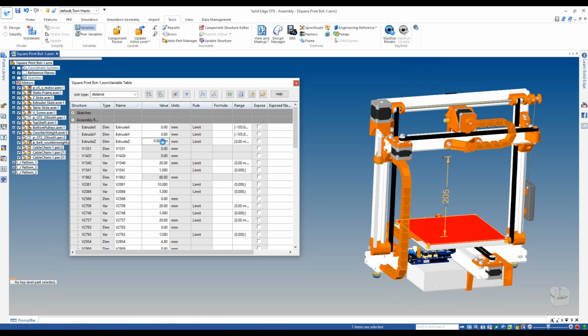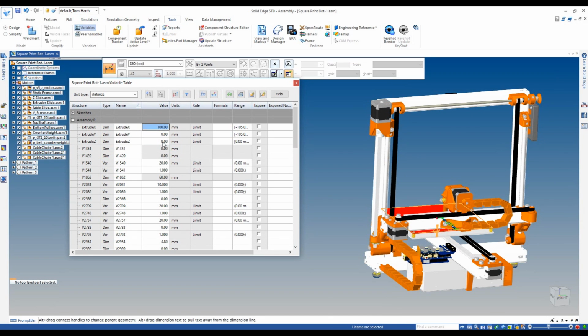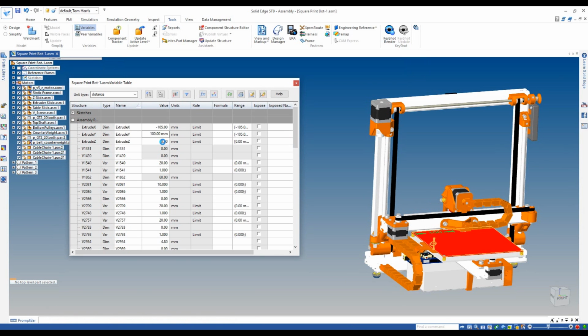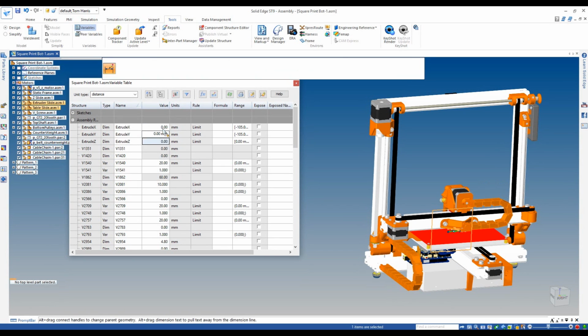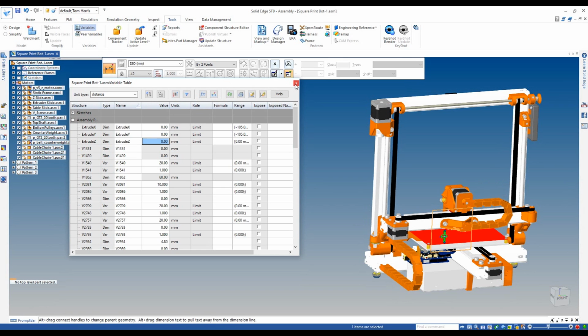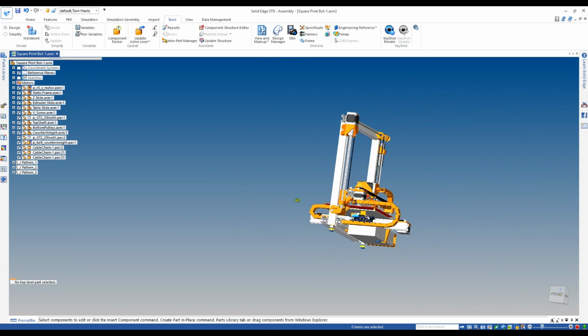I'll just fiddle with some of these, and you'll see that all of the cable guides all edit, and the model works quite nicely. It's a very flexible model, and we've got a lot of flexibility here. However, there's a couple of parts that are missing, and the design is not quite complete. We need to design an end cap for these